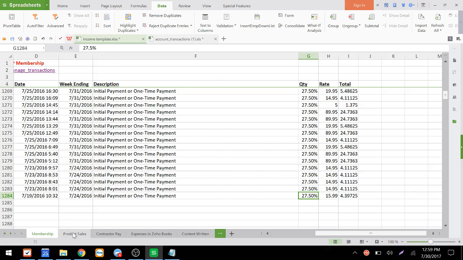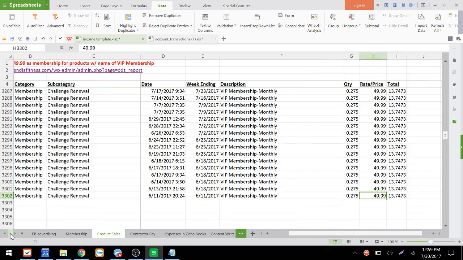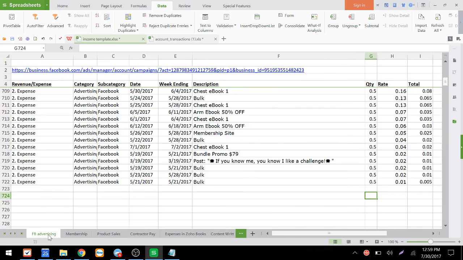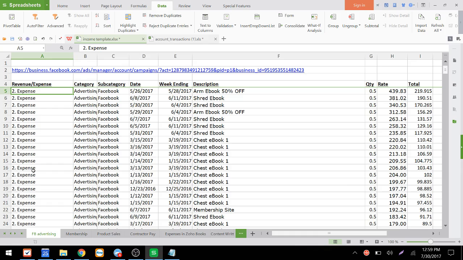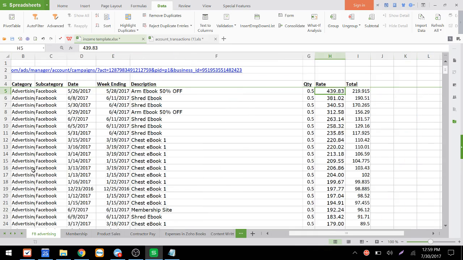So membership and product sales is not a negative number. Those are sales. So Facebook obviously is an expense. And what we need to change is probably just the rate, okay? So in order to do that, we're going to do the same formula we've done before with the refunds.